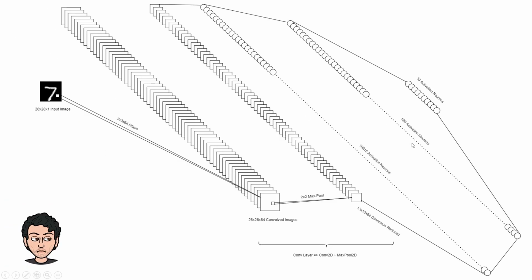So coming back to the neural network that we are going to construct in this particular video. Here I'll be feeding it a 28 by 28 grayscale, that is one, input image. I have used 64 filters, like you have seen for our Conv2D layer, where these filters are 3 by 3 in size. After that, the stacking will be done, so the dimension will be reduced. 28 minus 3 which is 25, divided by stride which is 1, and I have not used padding, plus 1. So I get 26 by 26 into 64 because these 64 layers are stacked together.